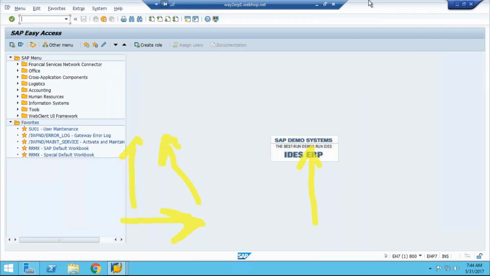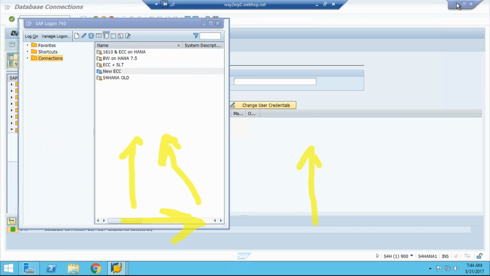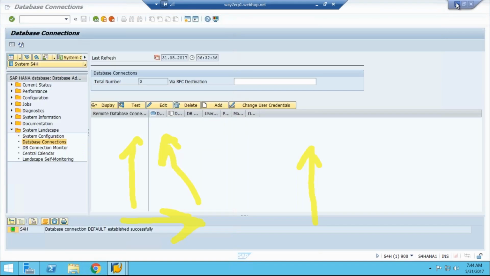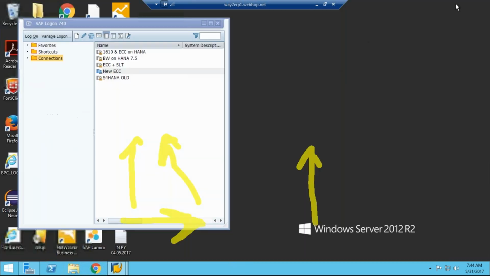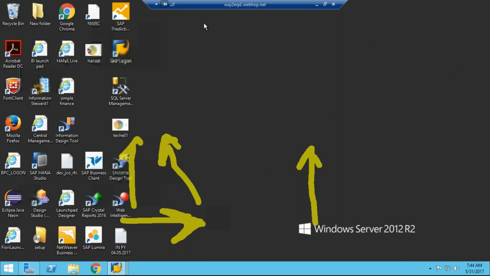See, we have HANA Studio. HANA Studio is Eclipse based. Eclipse is freeware, open source. SAP took the core of Eclipse and designed their own Eclipse tool called HANA Studio, an integrated development environment. 80 to 90 percent of programming will be done using this Eclipse tool.